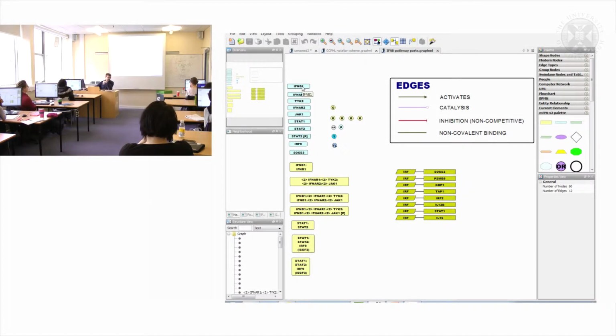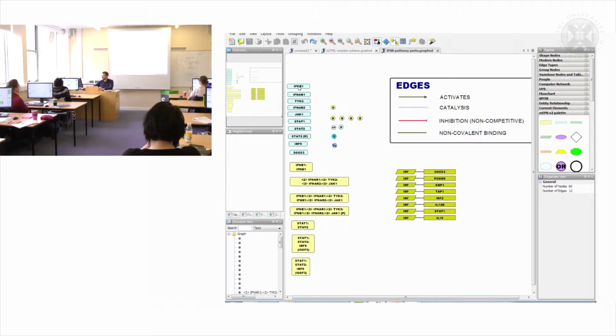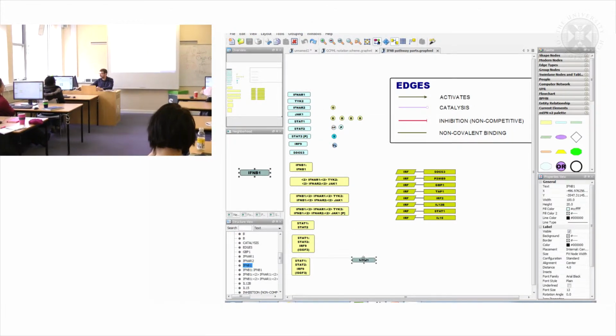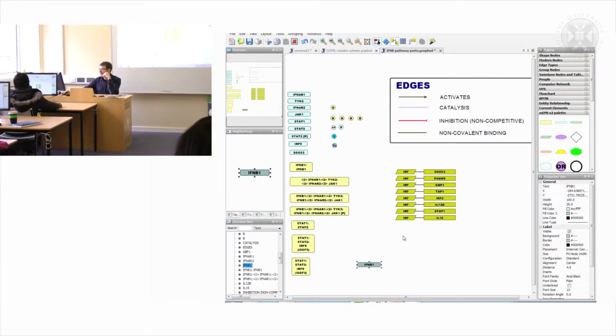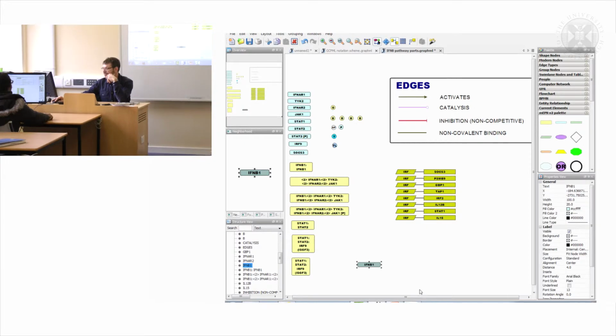So our primary mover and shaker here is interferon beta. Whoops. And that's one of the things that happens. If you do that, just Control Z will take you away. So I'm going to pull it out here. So interferon beta is the beginning of the pathway. This is how we describe it. And what we're saying is that interferon beta,